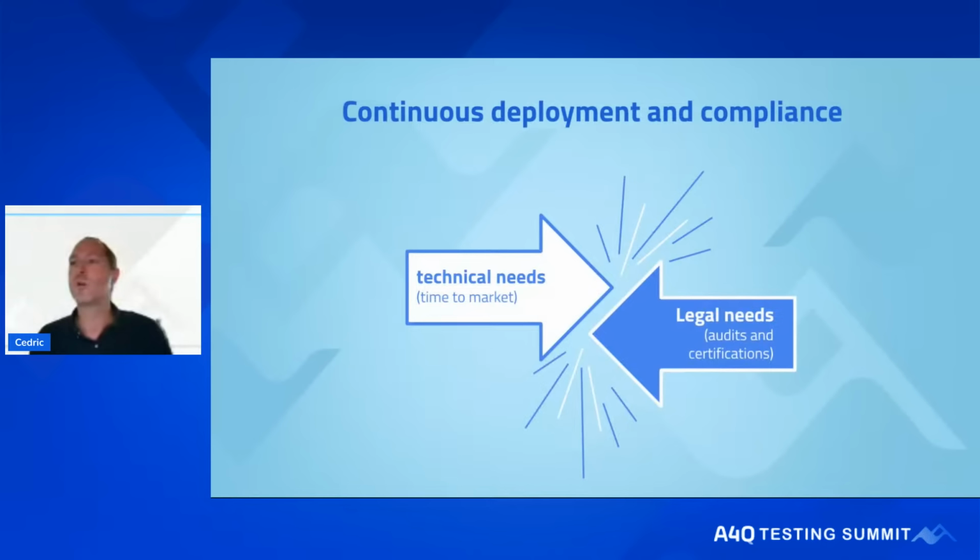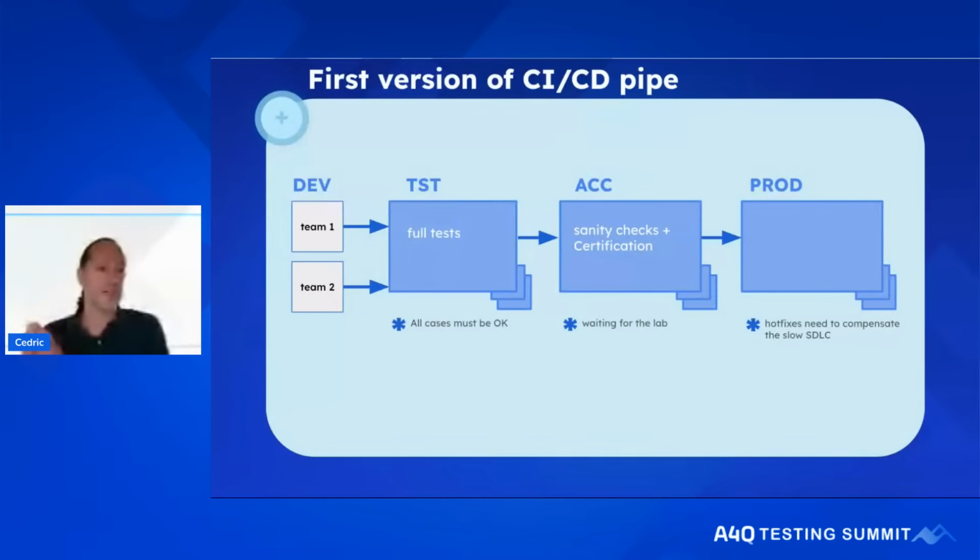Well, one of the ideas is to get out of that scheme. You have the test, acceptance, production environments. If you're lucky, and everywhere I went I had test, acceptance, and production environments, nevertheless, that will slow your pipe down. If you go for test, you do all the testing. You go for acceptance, then boom, stop. You wait for validation, regulation, audits, whatever. And only when you get the green light of that gate can you go into production. That's annoying. And you get a latency between what you have developed and what is today in production. So it's even worse for hot fixing and bugs.